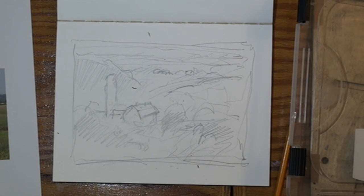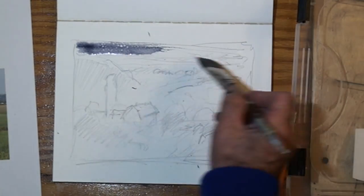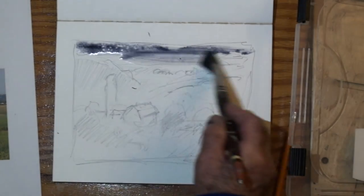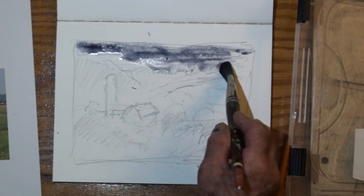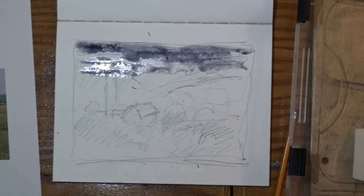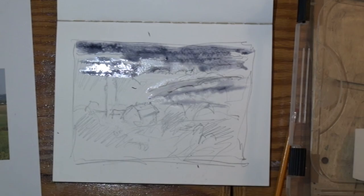Doing this painting, I'm going to do it in an abstract, semi-abstract manner, simplifying shapes, and it's an aerial view. So first of all, I'm going to do a value sketch of it, and I'm using neutral tint on Strathmore paper that's in my sketchbook. I want an aerial view, so that means that I'm looking from a distance